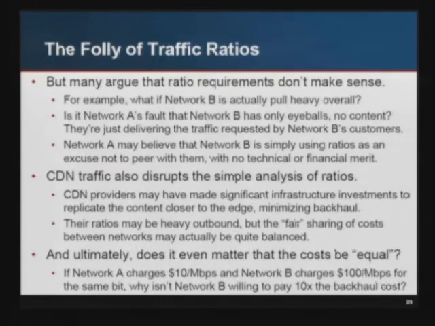CDN traffic also disrupts the simple analysis, because if you look at the way CDNs work, CDNs, content distribution networks, typically spend a lot of money and infrastructure costs to replicate the content closer to the edge. So they may not be paying circuit costs, but they're paying server costs, they're paying colo, they're paying power, they're paying cross connects, they're paying what it takes to distribute that content out to the edge. So they can easily be paying as much or more than another network. It's just that you don't see it in the simple analysis of ratios that we were talking about in the